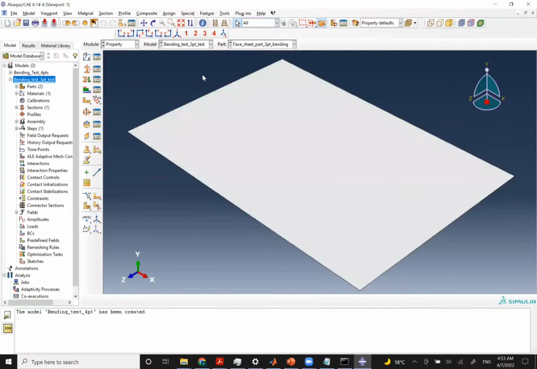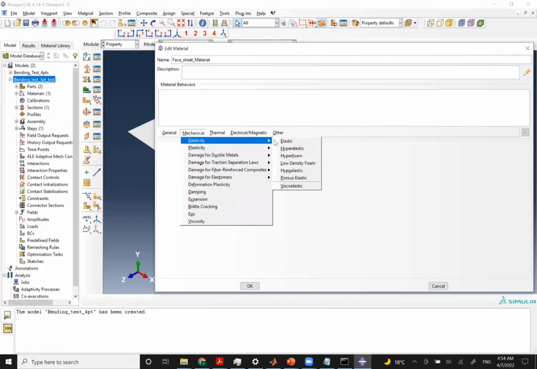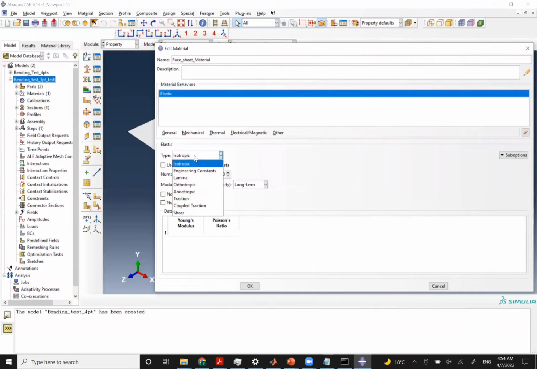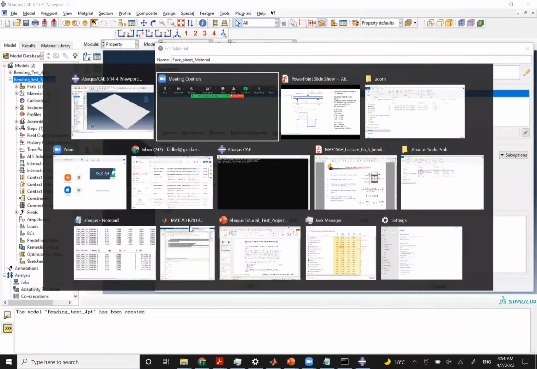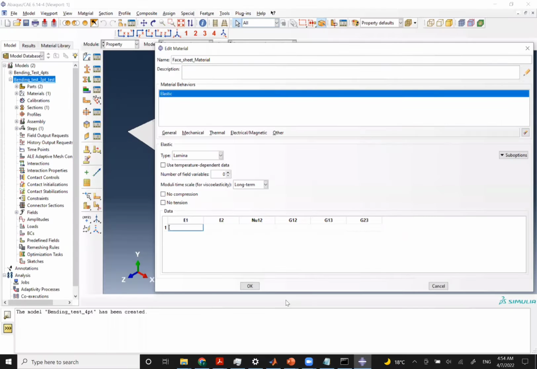Let's go to the face sheet now. For the face sheet, we create the material again, face sheet material, and elasticity, elastic. Now it's lamina, it's not isotropic. And the material properties that are given here, let's just take a quick look here. It's 11 E6, so that's 11 E6, 11 E6, 0.05, and that's